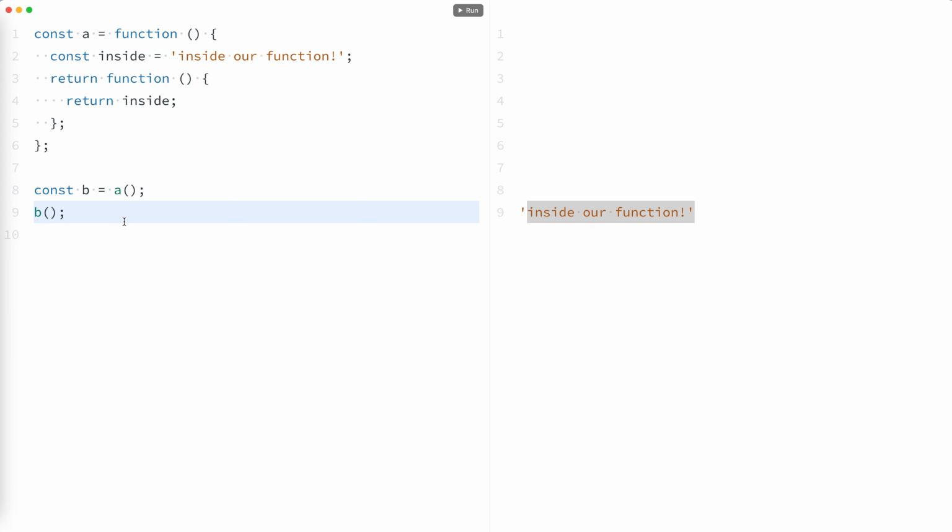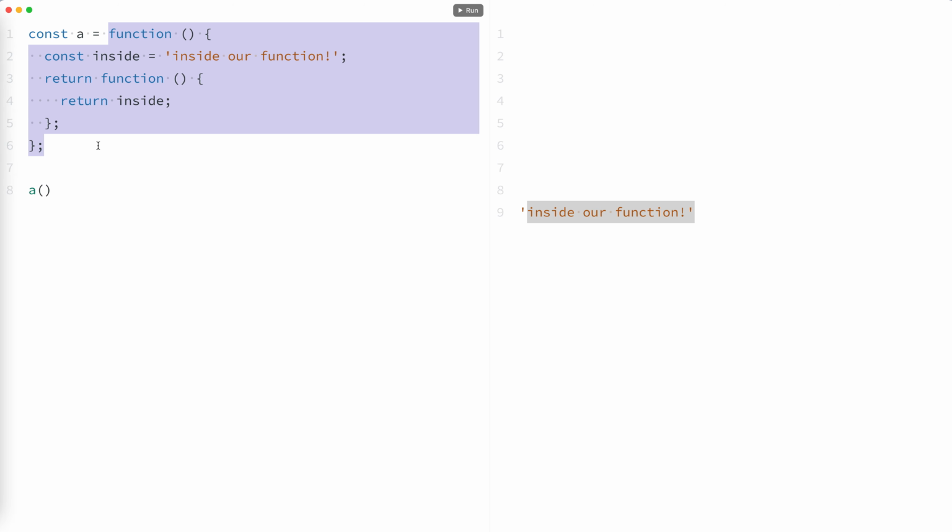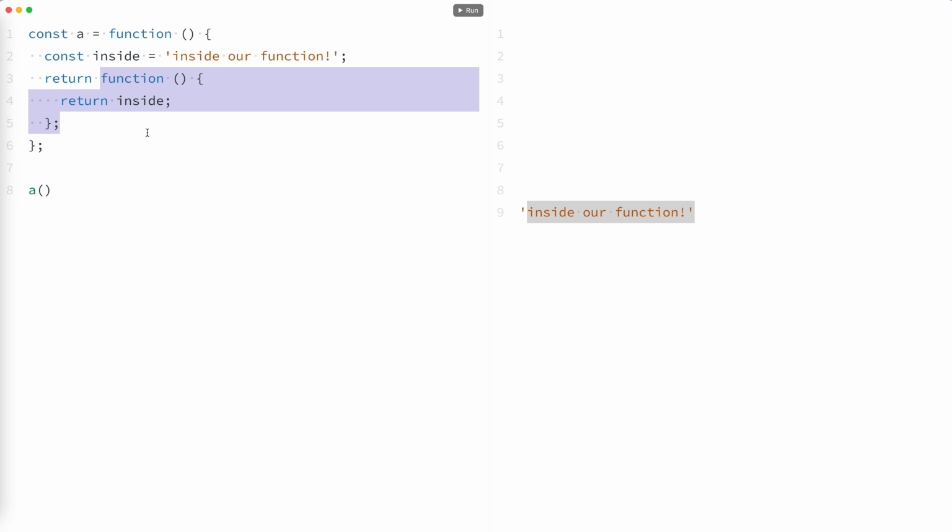this. So we invoked b down here on line 9 to get the value of inside our function. So you could also get that value one other way, which would be we invoked a, right? And a just returns this function that is enclosed in a. Actually, a itself is a function that's enclosed, but when we invoke a, it returns a function. Another way to invoke this function that's returned by a is to actually just use